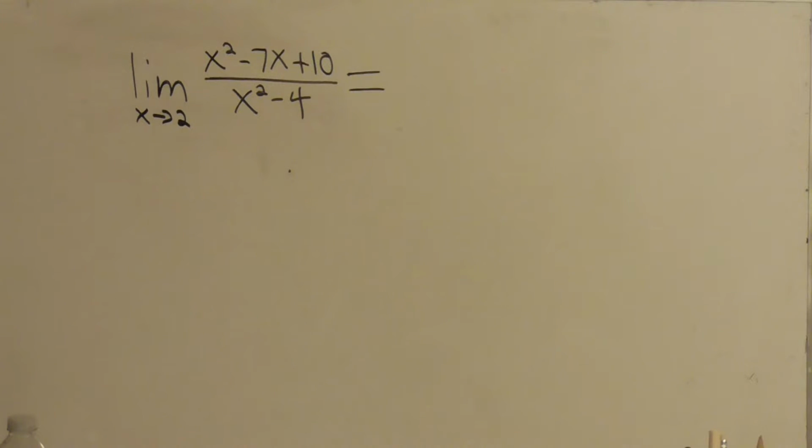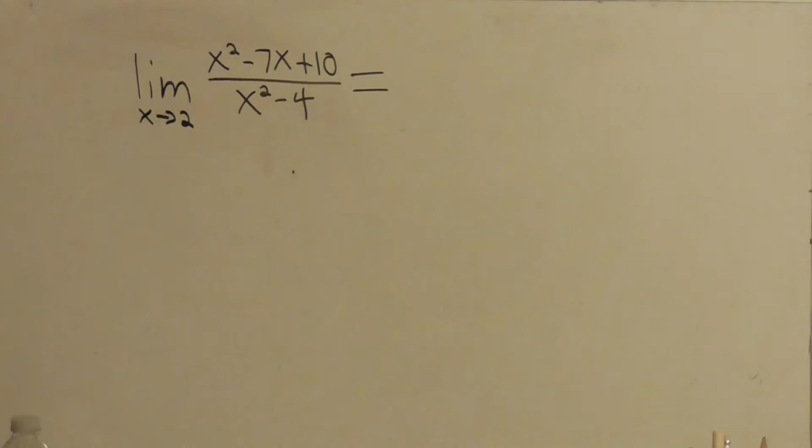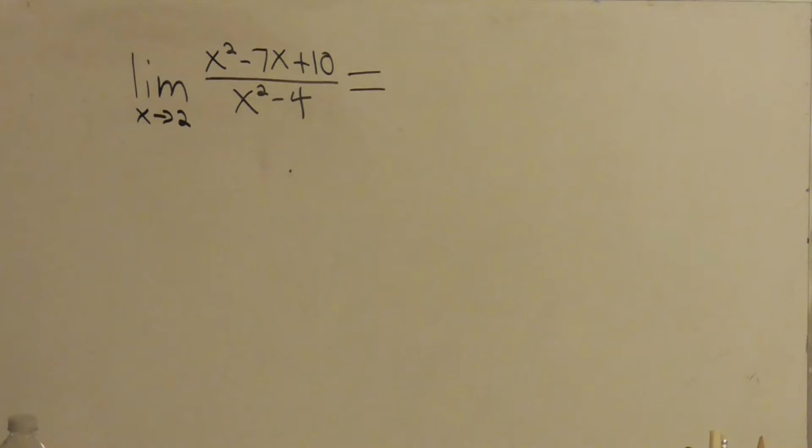Now let us consider a slightly more complex problem. We have the limit as x approaches 2 of x squared minus 7x plus 10 divided by x squared minus 4. And you'll see here that if you simply try to plug in 2 into this function, then what we have is 2 squared equals 4 minus 4 equals 0. Now, we cannot divide by 0 in mathematics,